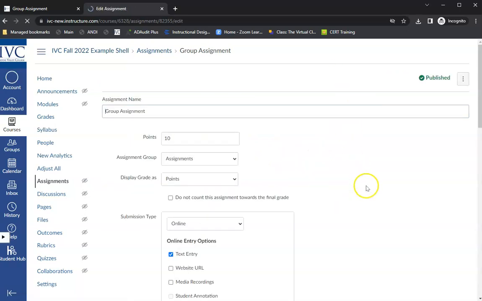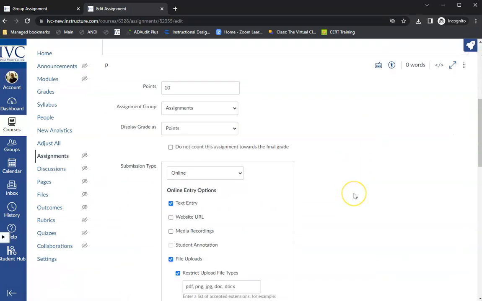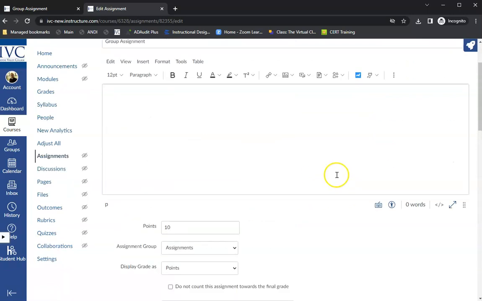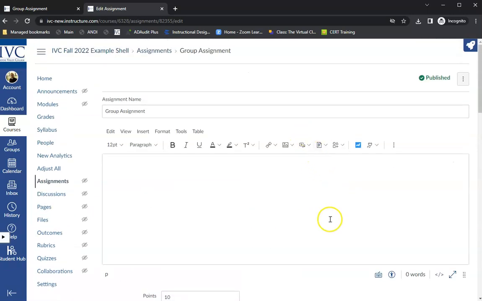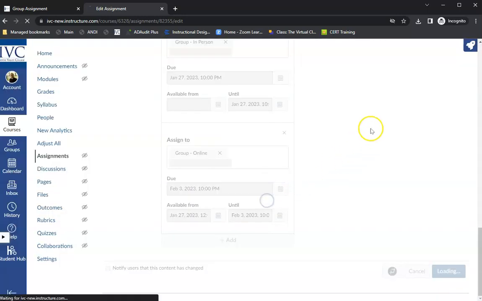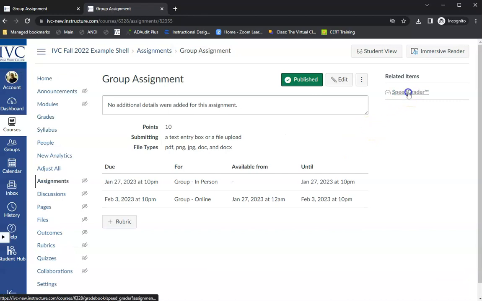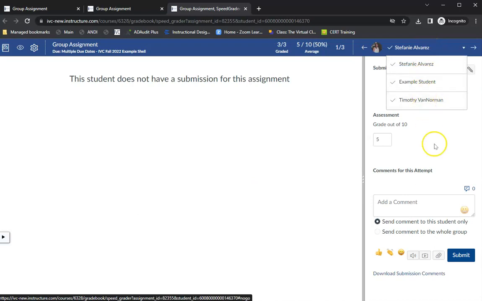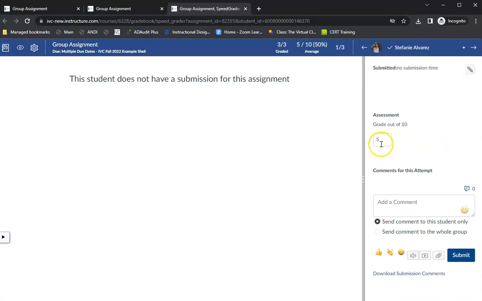edit it, and I can select to assign grades to each student individually and save it at the bottom. And as I go into SpeedGrader, now it gives the different names of the people, and notice they all have a 5 right now. So now I can give a different grade to the different people